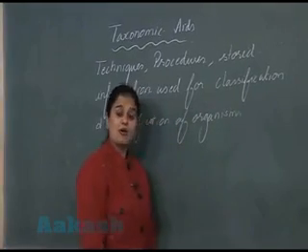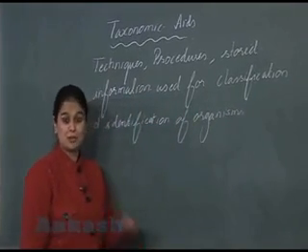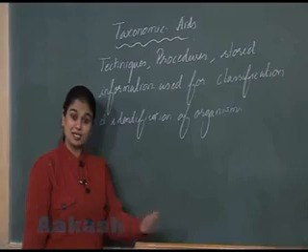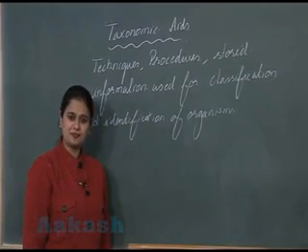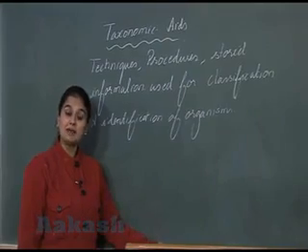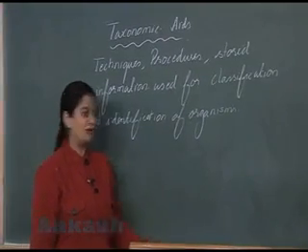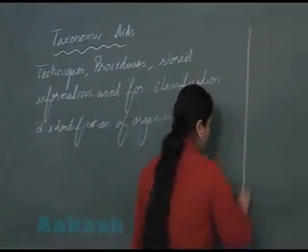Right? So all this information should be properly stored so that we can utilize this information in the future for future reference. Now here I am going to describe a few taxonomic aids like